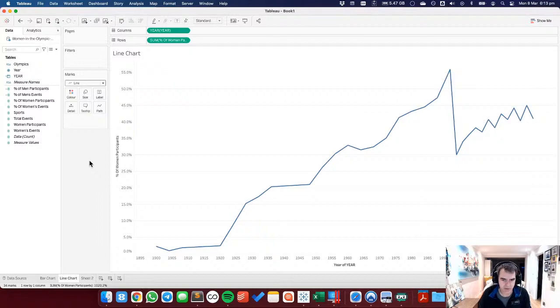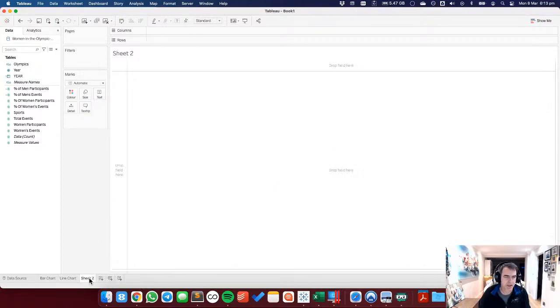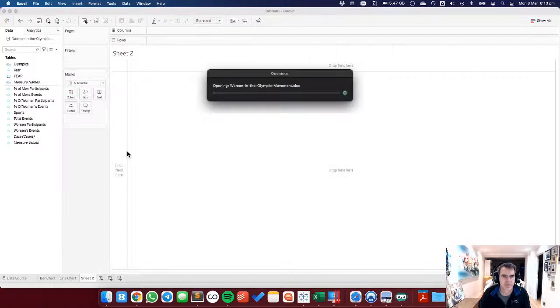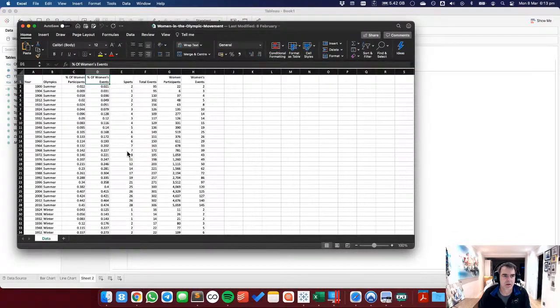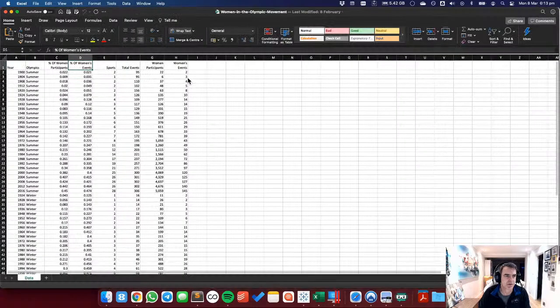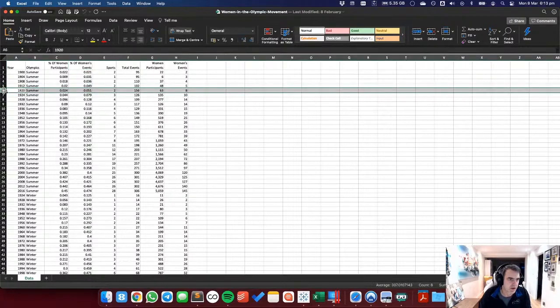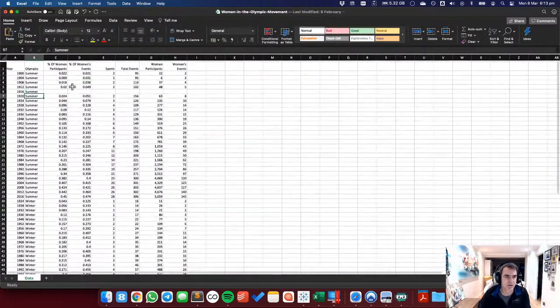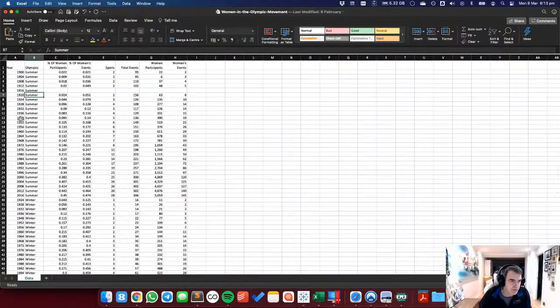Yes, let's see. So we can maybe look at something like a stacked area chart. So if I want to add in the blank years, what I would need to do is first figure out which years were missing. So for example, I'm missing 1916. So I could do 1916 summer and just leave these as nulls. 20 to 32, and then we need,